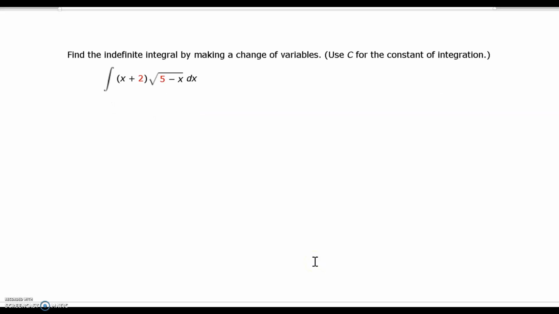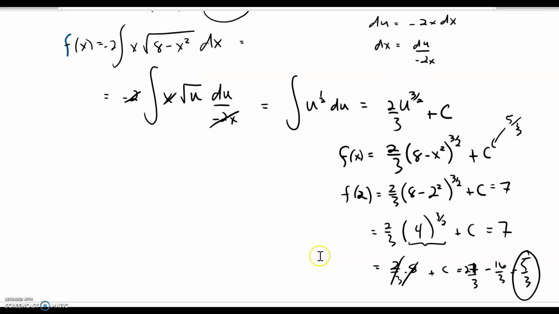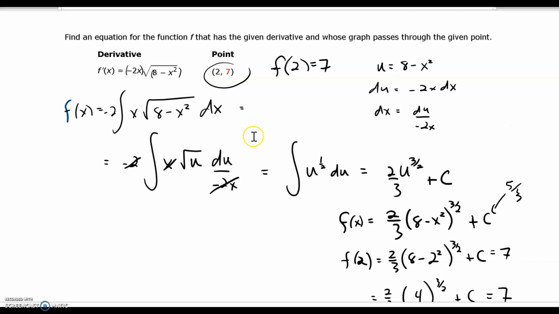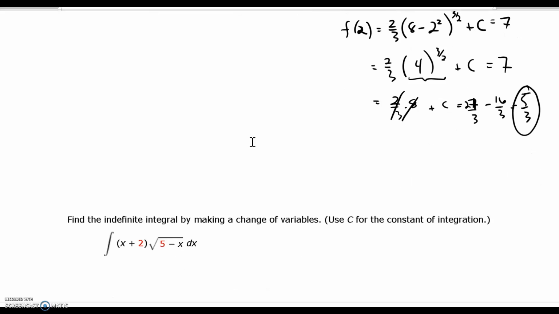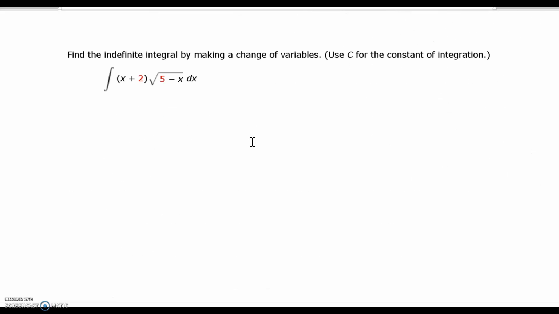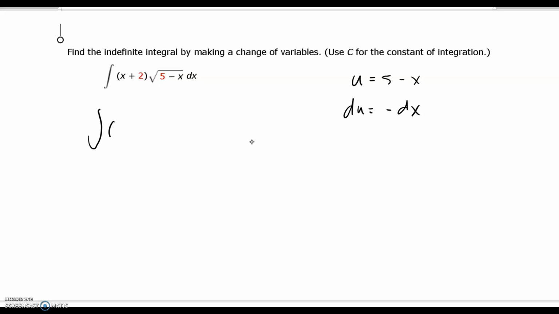All right, so this one is an indefinite integral. This one was like a differential equation. There doesn't seem to be a lot of trouble with the definite integrals. Most of those looked okay. So here's an indefinite integral. The trick with this one is you still would let u be 5 minus x. And then when you substitute, you'll have a problem, right? If you do this like we've done the previous ones, du